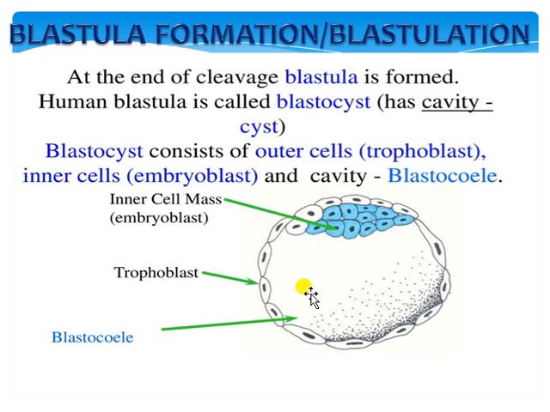Keep in mind, the fluid from this blastocoel is obtained by the inner cell mass, and by obtaining that fluid, the inner cell mass grows and develops, because the fluid present in the blastocoel contains a huge quantity of nutrients. So those nutrients are obtained by the inner cell mass, and the entire outer layer, the epidermal layer, is commonly known as trophoblast.